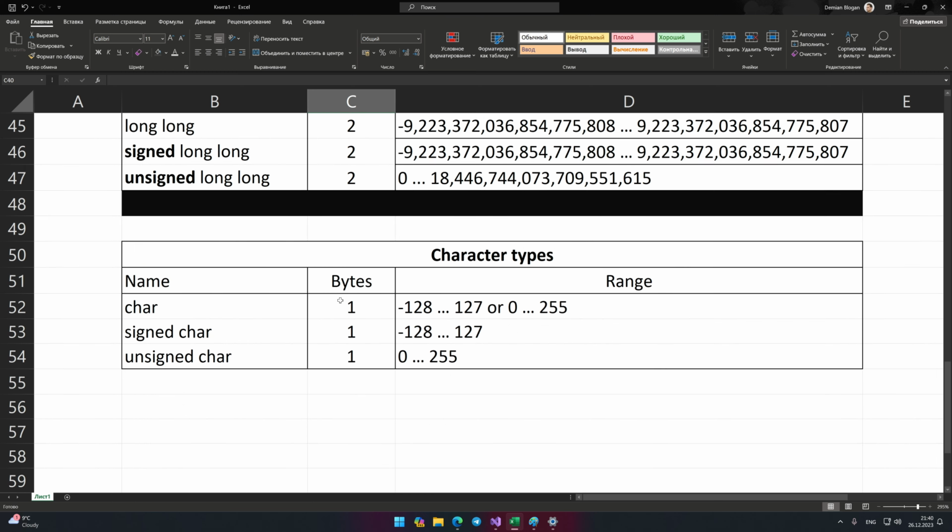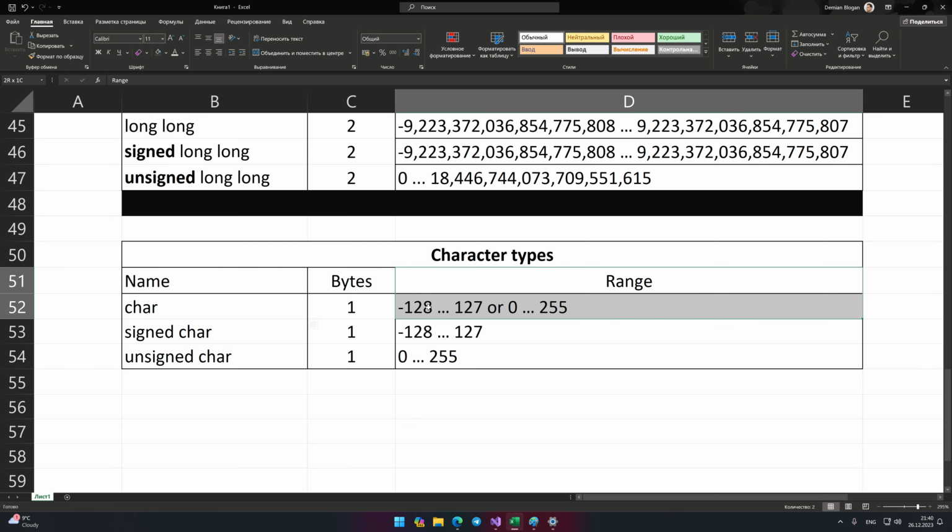Since the characters are actually stored in memory as integer values, you can add the words unsigned and signed to them as well. The point is that the value range of character types can change. For example, in some systems, the char type has a range from -127 to 126, and in others from 0 to 255.